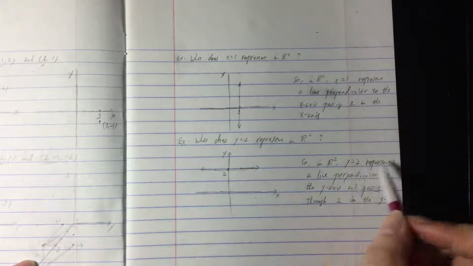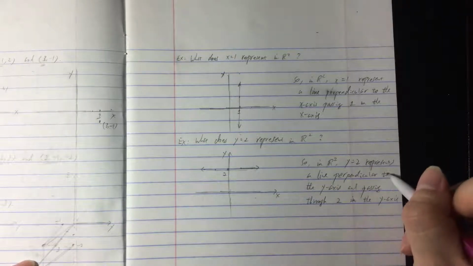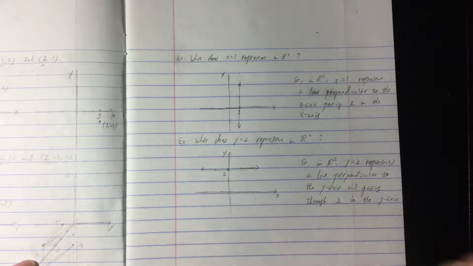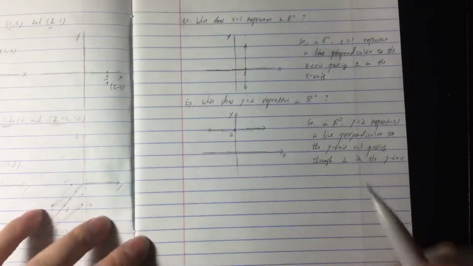The equation y equal to 2 represents a line perpendicular to the y-axis and passing through number 2 in the y-axis. Next,